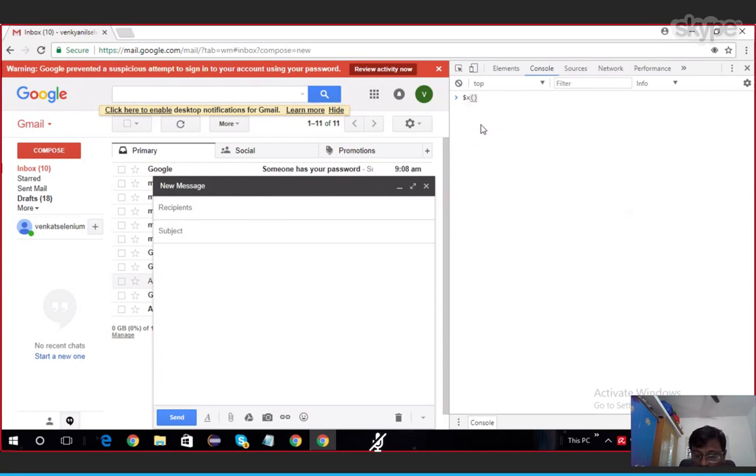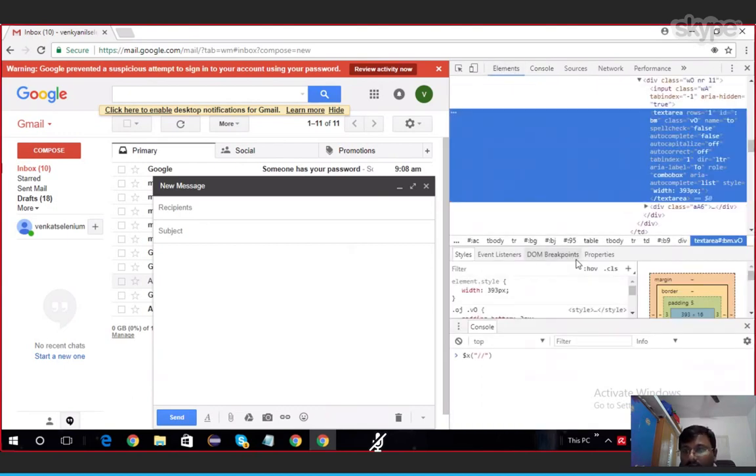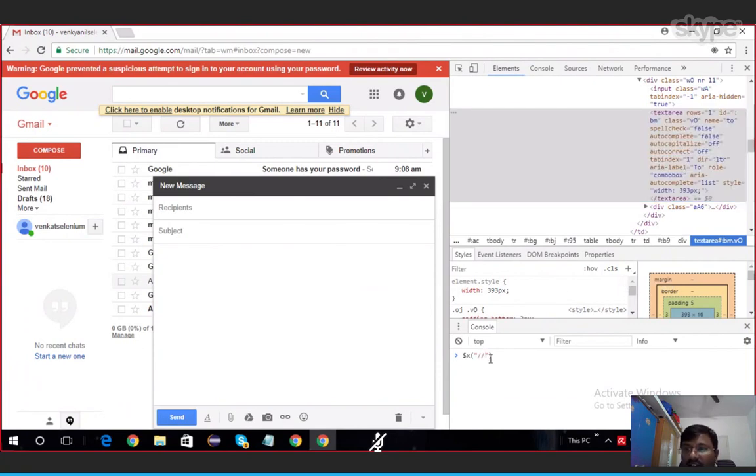$x, // textarea, TEXTAREA, and at the rate aria-label equal to, in single quotes, to. It will find the text area.